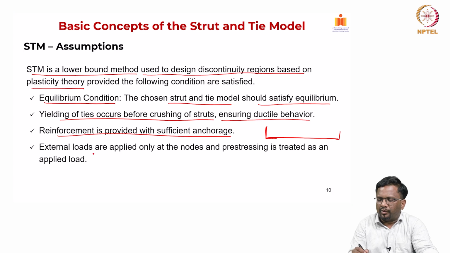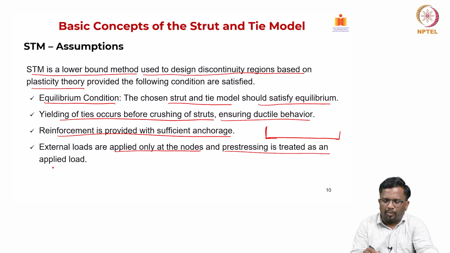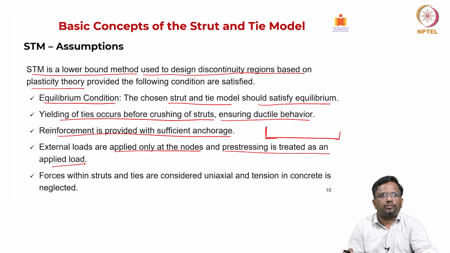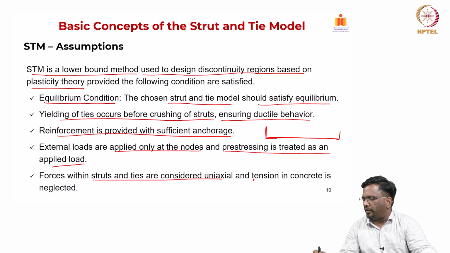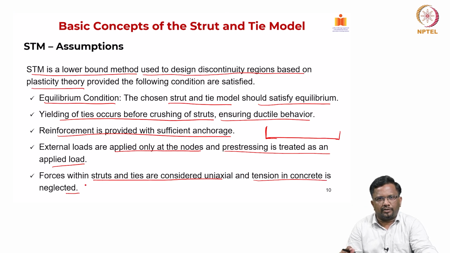And the external loads, we are saying, will be applied only at the nodes, and the pre-stressing is treated as an applied load only. In this method, this is how we are going to assume. Forces within struts and ties are considered uniaxial, and tension in the concrete is neglected. So, just like a truss, the struts and ties will all be subjected to uniaxial forces, and the concrete contribution in tension